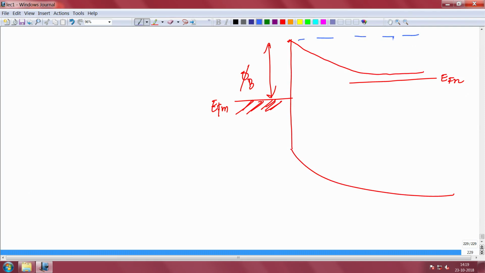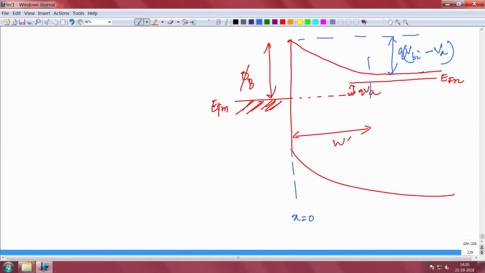So your bending has now reduced by q(V_bi minus the applied voltage V_A). That has reduced by that amount. There is a difference in the Fermi level between here and here, which is actually qV_A, the applied voltage you have given. The depletion region also has shrunk by some amount. Now this is x equal to 0, and suppose this is the new depletion width W_d dash. Just think about it. At this interface at x equal to 0,